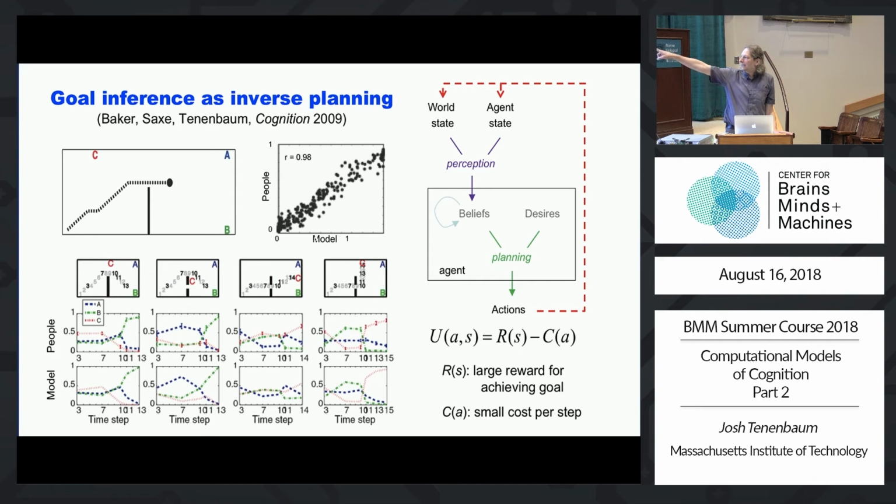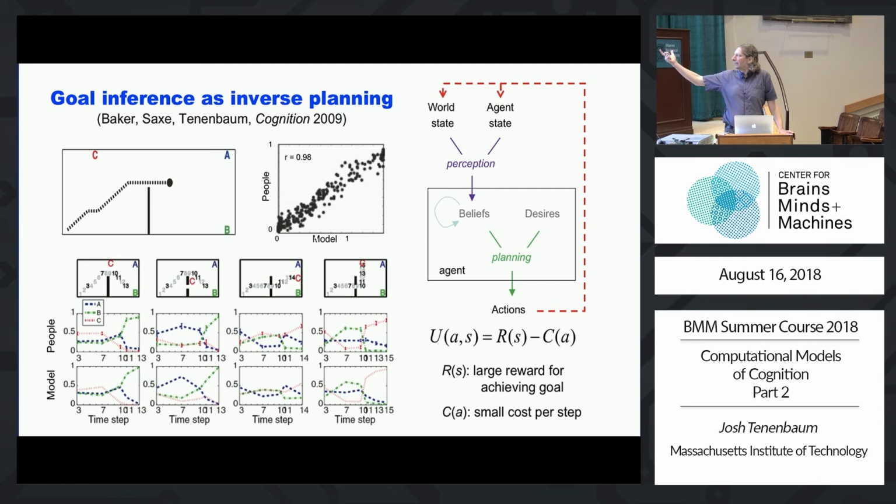And you can see in these cases, the people and the model are very, very similar. They're almost impossible to tell the difference. Or here I'm showing you a scatter plot of all the judgments from this experiment overall. And what's interesting is that the correlations here are even higher than in the intuitive physics. They're very high, but they're even higher. And cognitive scientists will tell you reasons for this. It might be that people are actually on long time scales much more predictable than physical objects, at least when they're moving around simple spatial environments, and people intuitively understand that predictability.